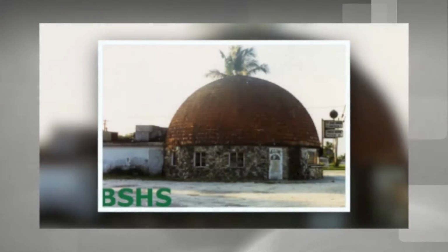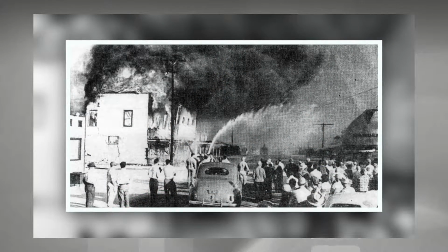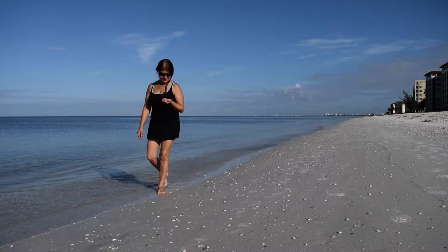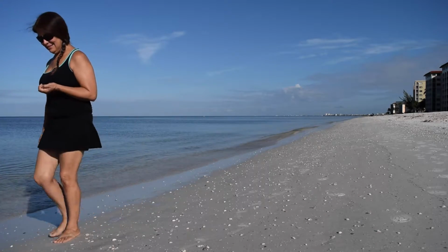Harold Krant and his partner came to own many other businesses as well: the Shell Jungle Seminole Village, the Mystery House, and the Dome fruit and juice stand that was in the shape of an orange and demolished in 1992. In 1952, on New Year's Eve, fire destroyed the Shell Factory, and it was a big economic loss at the time to Bonita Springs. But the beaches are still here, and after each high tide, the shelling is still a